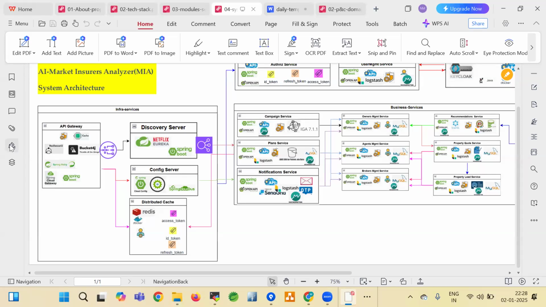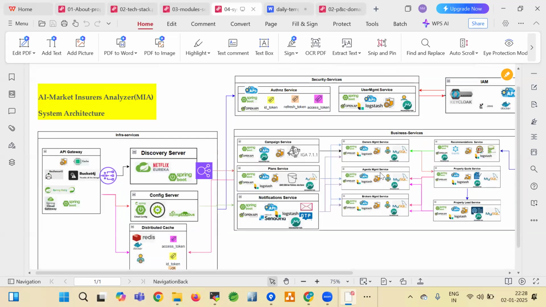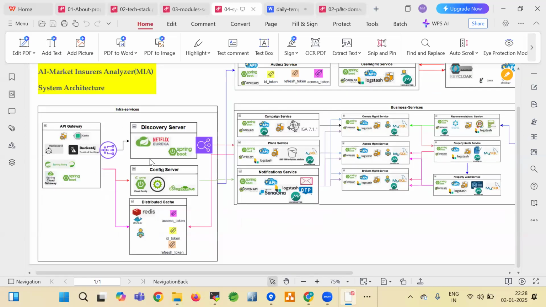But what I mean to say, when the request comes to the gateway, here we're going to use the server, meaning the network load balancer, I mean to say. So everything will be secured. Our business services especially will be secured with the infra services plus the security services. So the security services and then the business services management will be dealt with by these infra services. So we have three infra services,